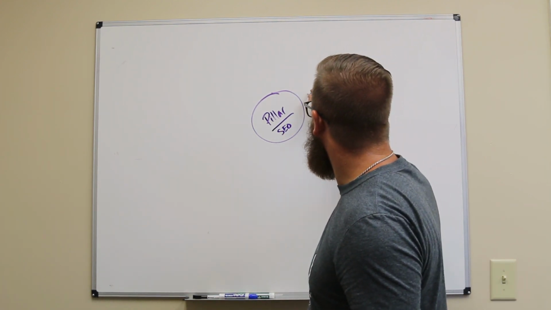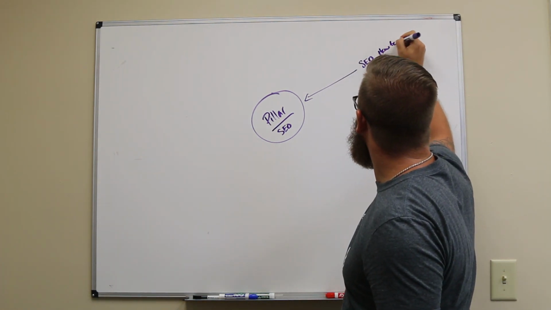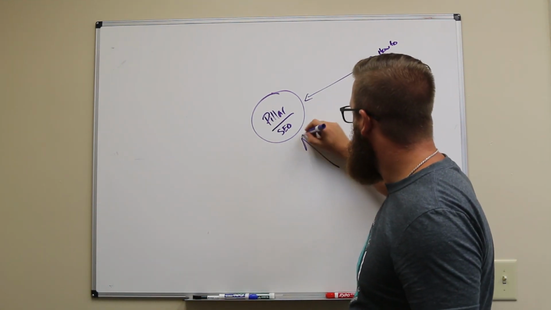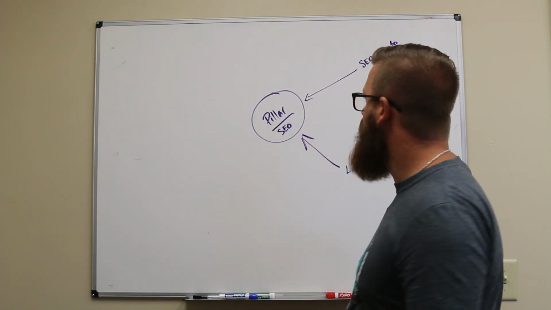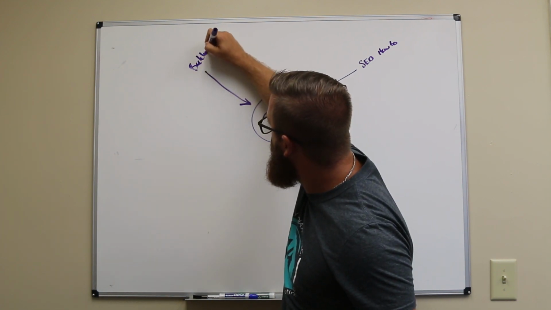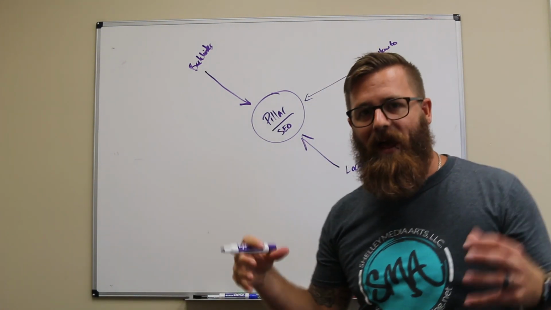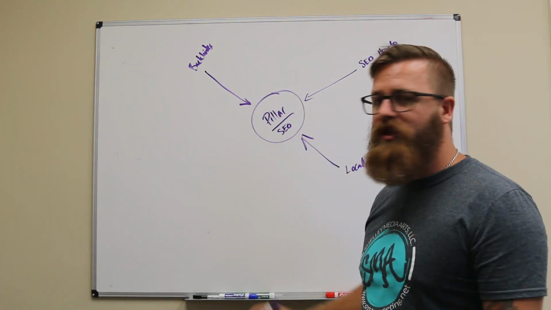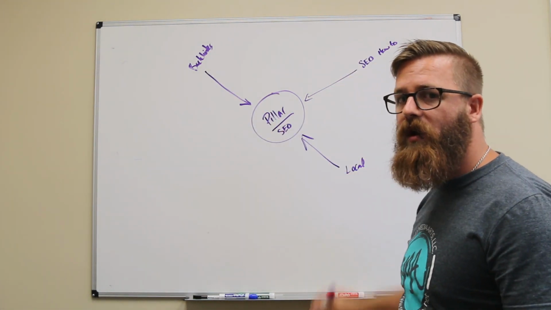So again, let's say this one's about SEO. Now, I might have a blog article that is SEO how-to. I want to add an internal link from this SEO how-to into the pillar page. Maybe I've got one on local SEO. Again, I want to add an internal link to that. I also maybe have one on backlinks. I want to add an internal link back to that. What this is doing is starting to create a web. Go figure, right? Where Google's able to crawl our sites and begin to see the relationship, not just the content on this page, but that we also have other authoritative pieces of content on our website.